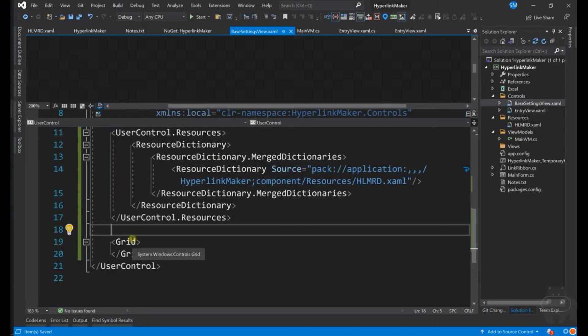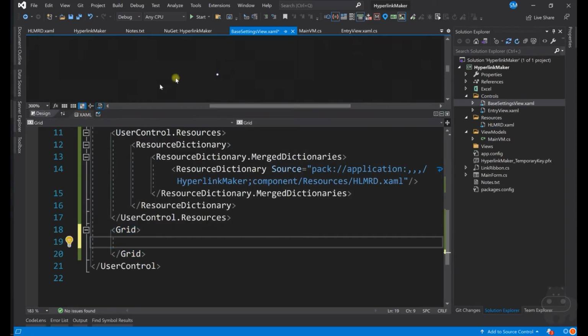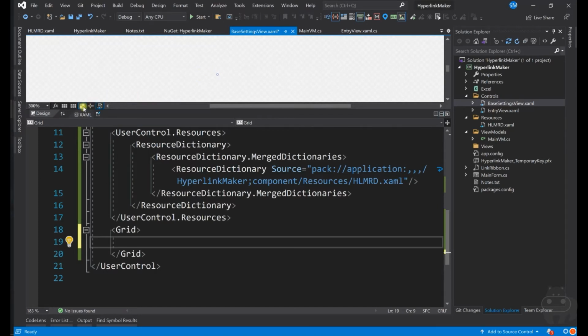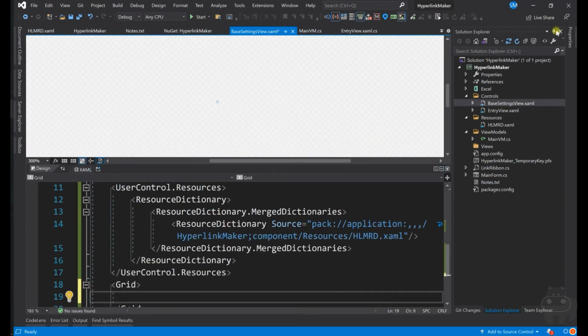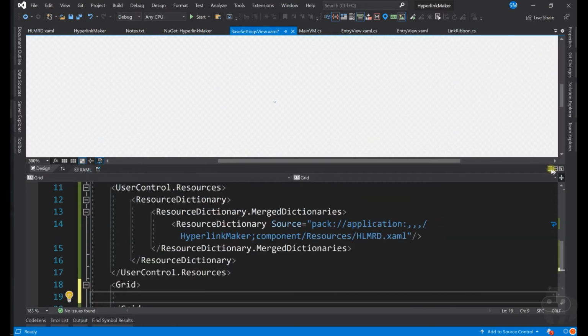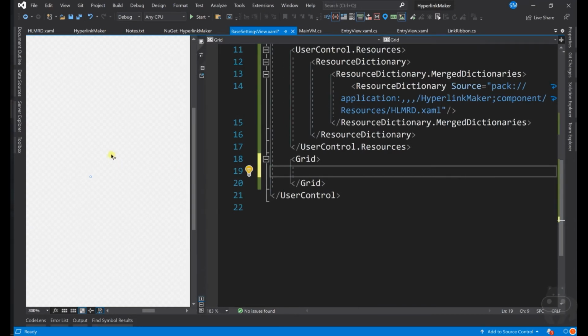Let's say that grid itself is a group. Okay, let me turn on this white. When you turn on this one, you will be able to see that it's in the white color. Let me minimize it down and remove it, and let's try to split it. That's it. Okay, so base settings, we have first one.